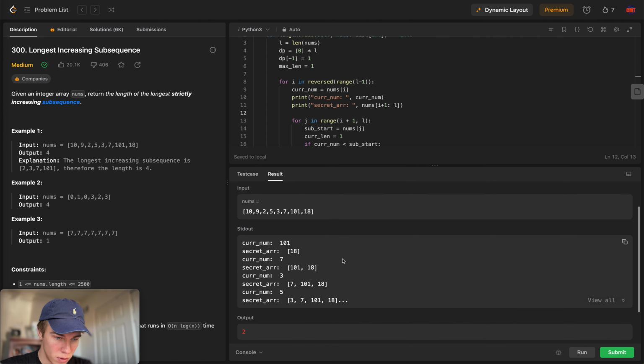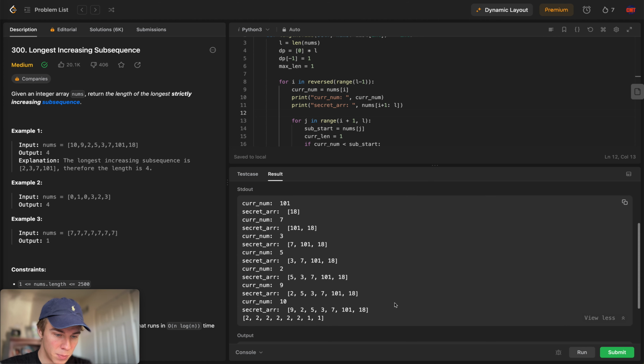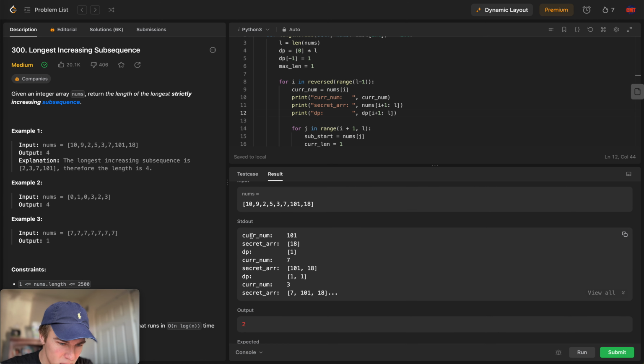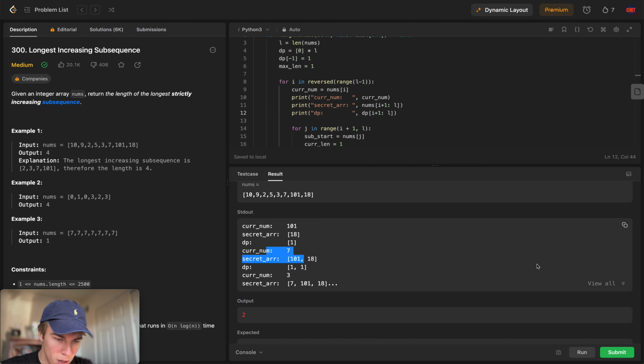Secret, and then I also want to maybe print what is in DP at the time, DP I plus 1 and L. This should also give us the understanding of what is, so 1, 1, 1,